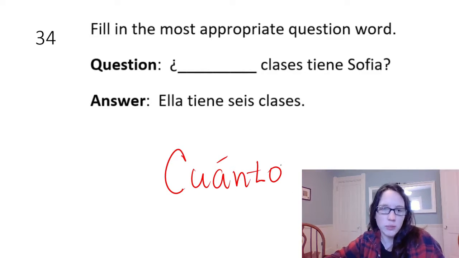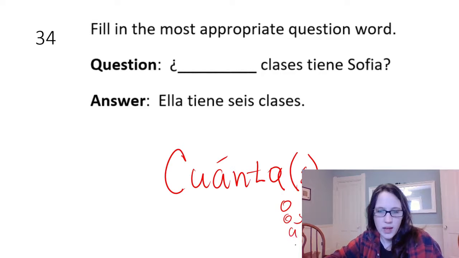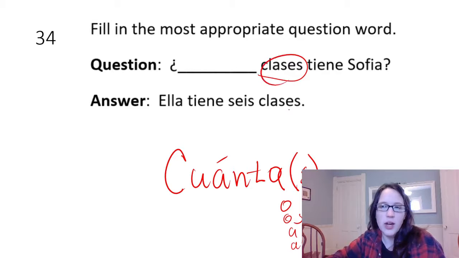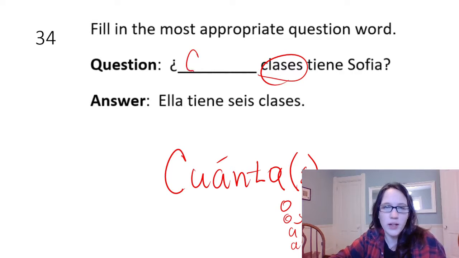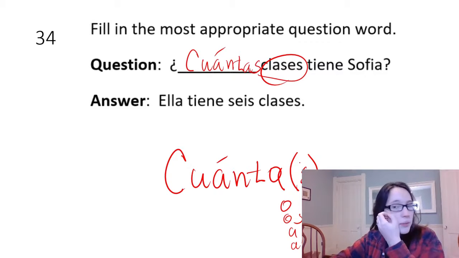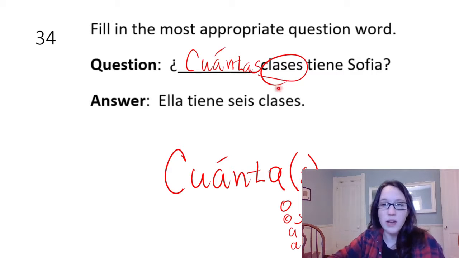But this can change around a little bit. It's either cuánto or it could be cuánta, and you could have an S on the end. So the way you determine this ending here, it's either going to be -o, -os, -a, or -as, is you look at what item you're describing. So we're talking about how many classes. So classes is feminine, las clases, and it's plural. So this is actually going to be cuántas. It's going to end in -as. So I knew that one was going to be a little bit of a struggle. It was. Be very careful with that word. It needs to match whatever item you're asking about.